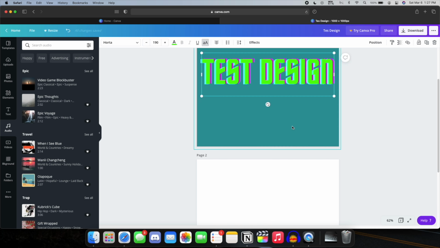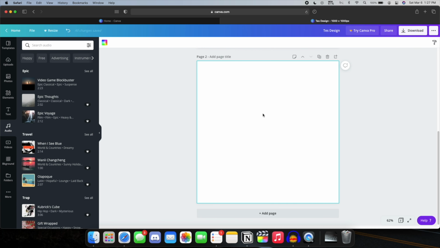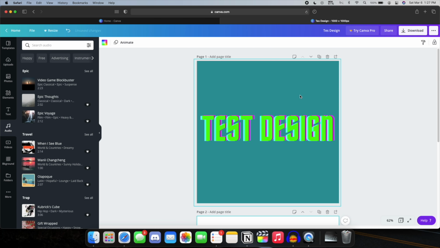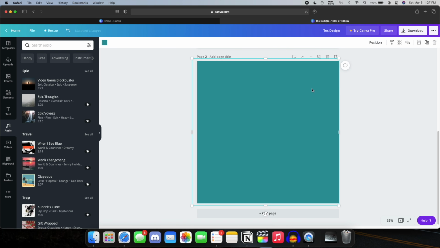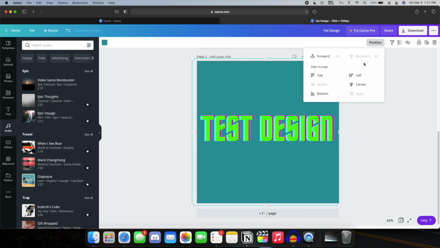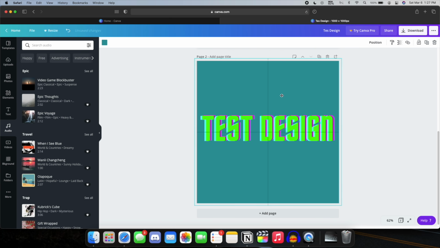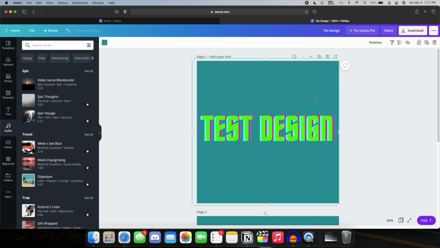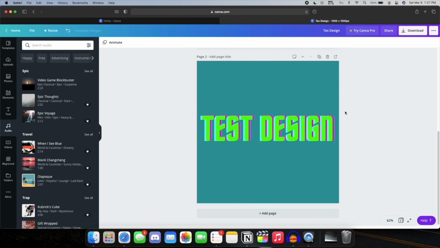So let's say we wanted to do a different version of this, but we didn't want to ruin the first one. We can select it all, copy it, come down here, paste it, and I probably need to select my background, copy, paste the background. It's over that, so we'll put it to the back. You can kind of see it has all the elements of a basic designer software, but it's free and it's